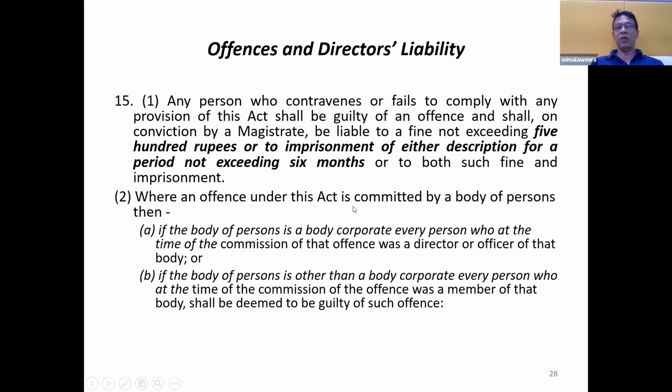Where an offense under this act is committed by a body of persons, for example a partnership, a private limited company, or a trade union. If the body of persons is a body corporate,